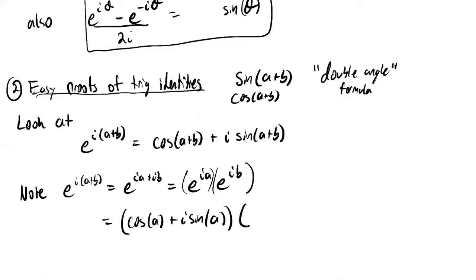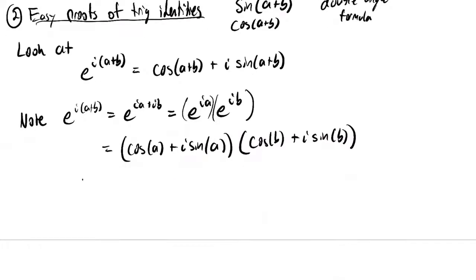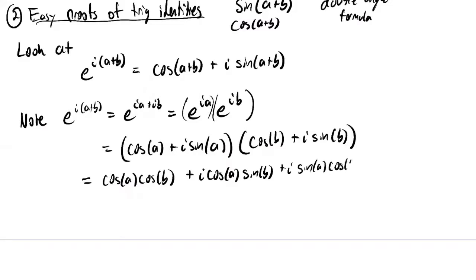And then all times cosine of b plus i sine of b, right? And so now let me distribute everything. If I multiply this through, I'm going to get cosine of a times cosine of b plus i times cosine of a sine of b plus i times sine of a cosine of b, and then minus, because i squared, remember i squared is -1, so when I multiply i times i, I'll just pick up a -1, sine a times sine b,